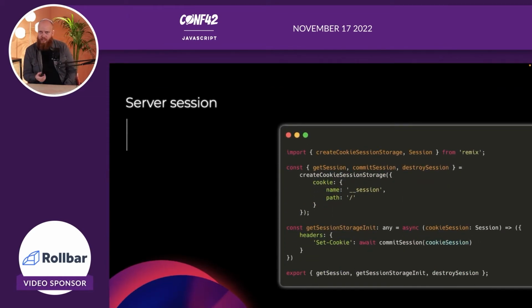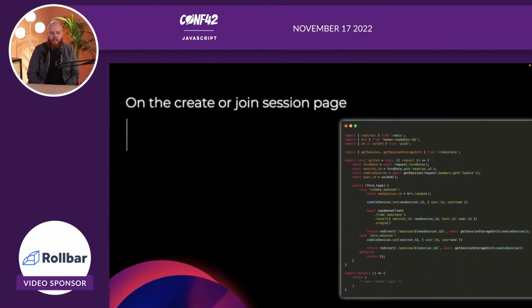We can use server sessions, which are really cool, which is nothing new. Remix offers a couple of helper functions to get you started. In essence, if you've never worked with this, basically you can have this unique session in your browser. You start your browser up, go to this page, and for this session, we can keep track of you, basically. So what we do there is we're gonna save some data for you.